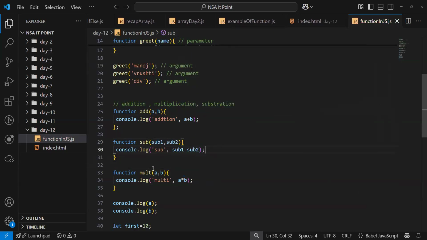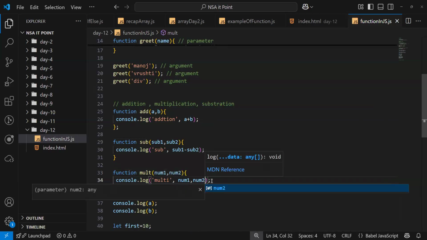And here I can write anything: num1, num2. Sorry, it's not a comma, it's a multiplication.